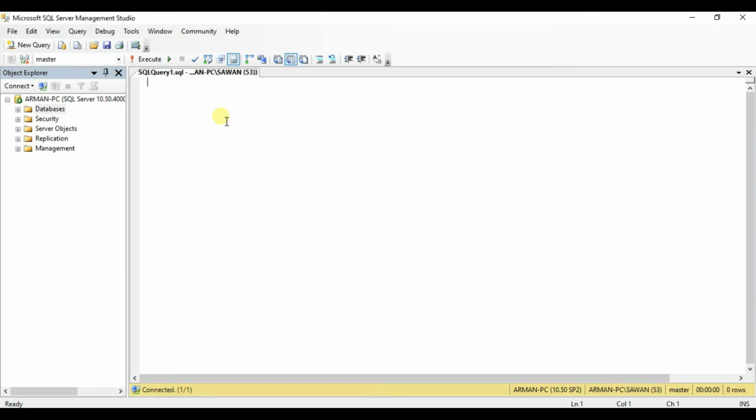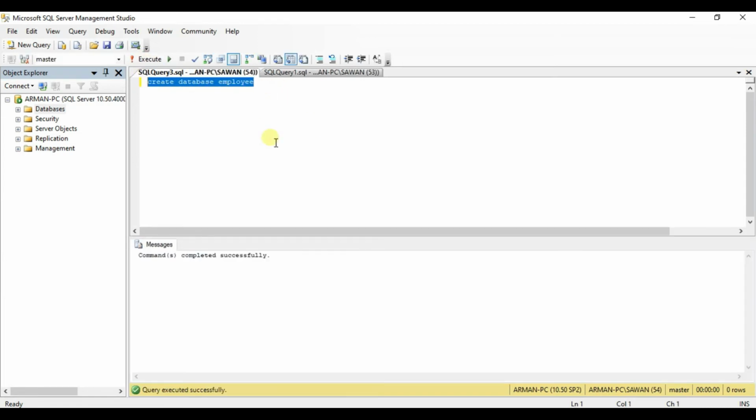So first we create a database. Click on new query, create database, and the database name is employee. Select all and execute. Command completed successfully. Now let's see whether the database is created or not.